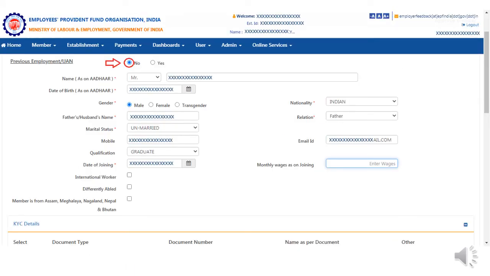Now, if your employee does not have a UAN number, that is, a previous registration with EPFO, then you have to insert no. Once you insert no, you have to enter the entire details of the employee.